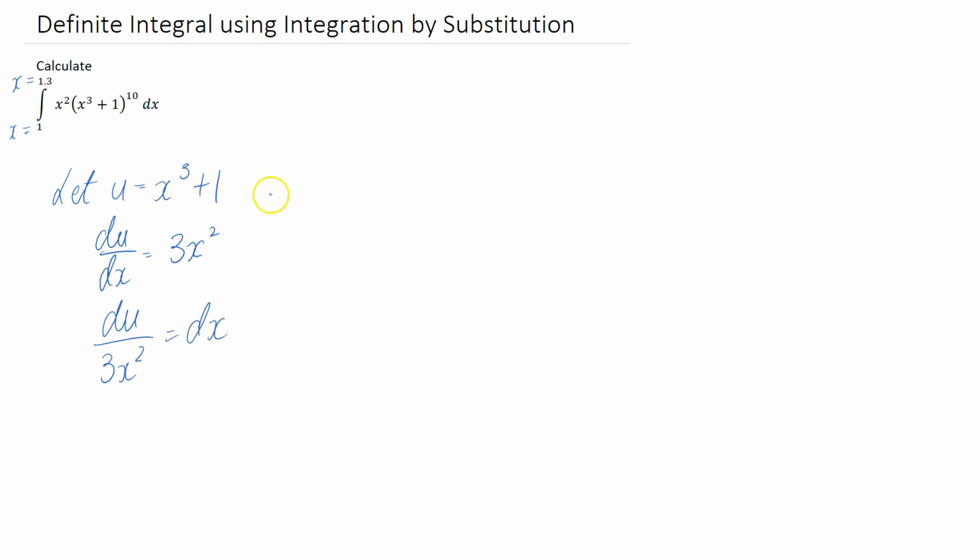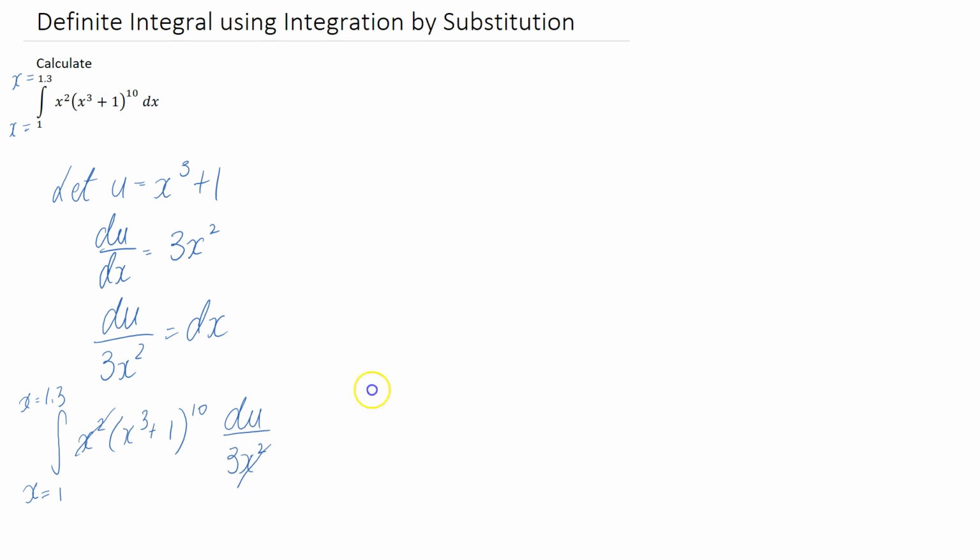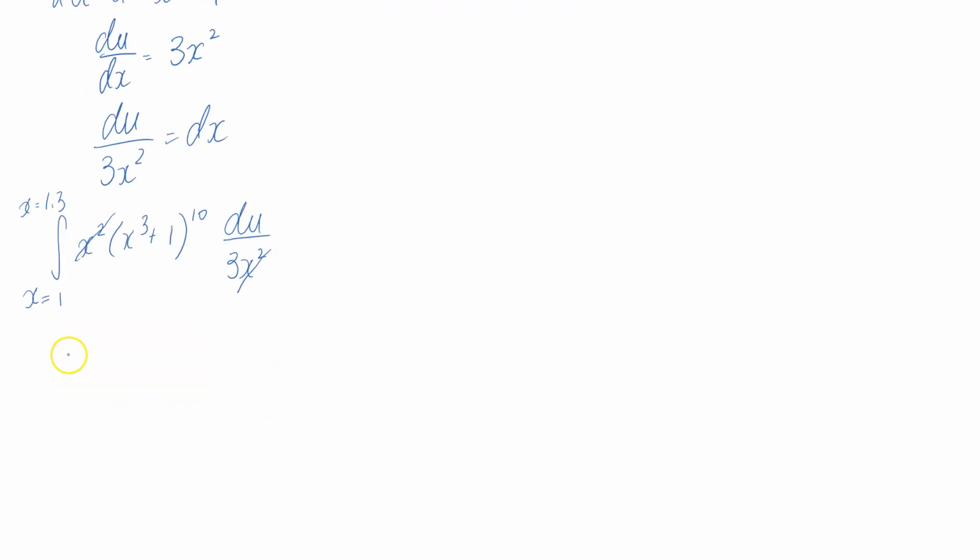So now let's go back and replace it up here. We're integrating from x equals 1 to x equals 1.3 of this particular function, and we're replacing dx, so it becomes du on 3x squared. Now I see I have this x squared and this x squared, they're on top and bottom lines, so they should end up cancelling out with each other. So now if I clean this up a little,